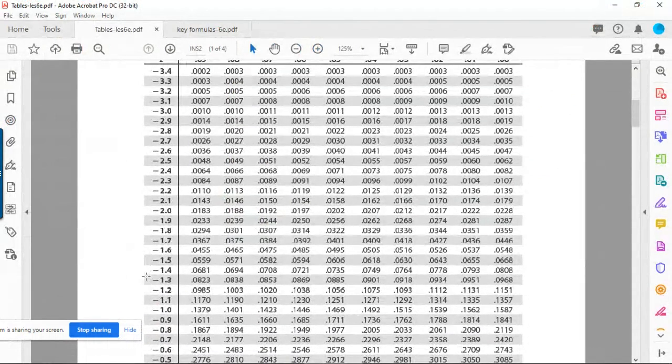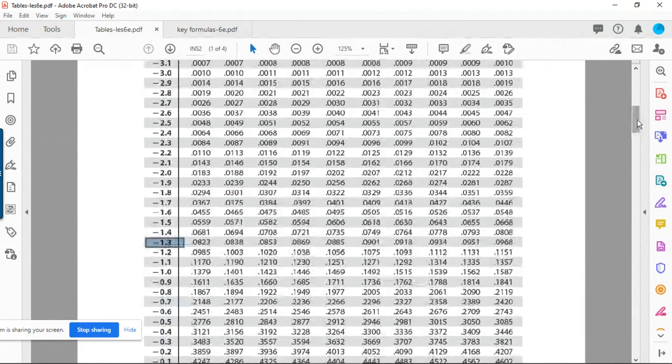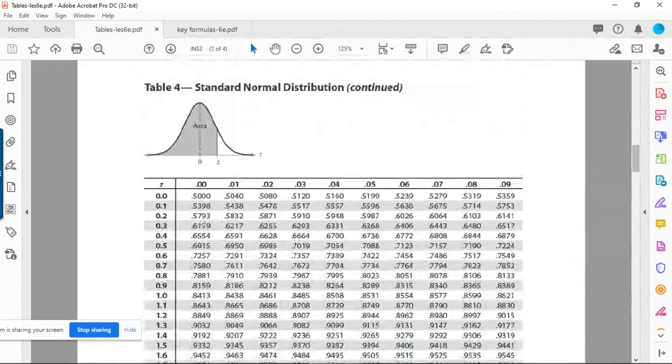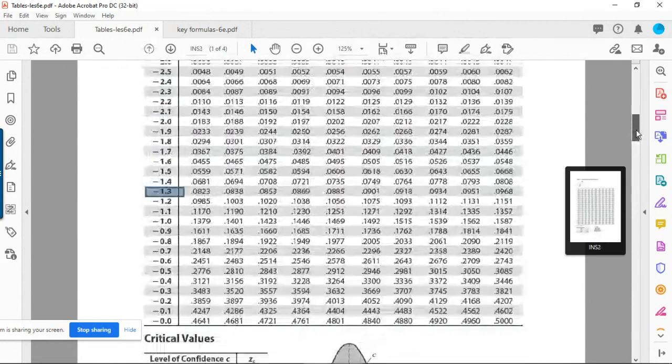Negative 1.30, negative 1.3 in here, right? And then we're going to have to go to the top. Remember this, you have to read the top in here. The 0 on the negative side is at the end. On the positive side, positive 1.30, this 0 is at the beginning. You have to be very careful because sometimes people make mistakes, they just didn't really read the top